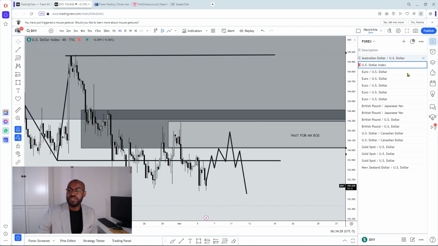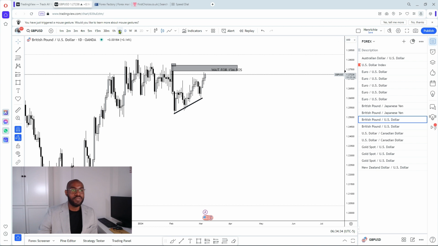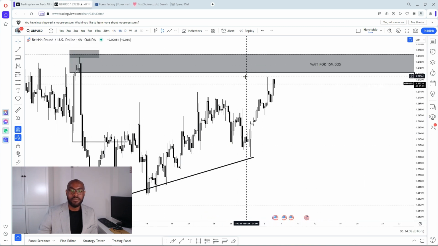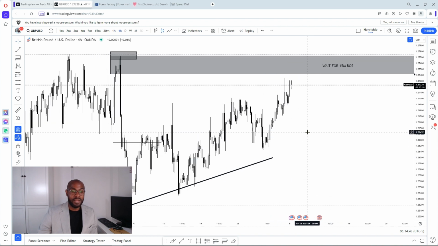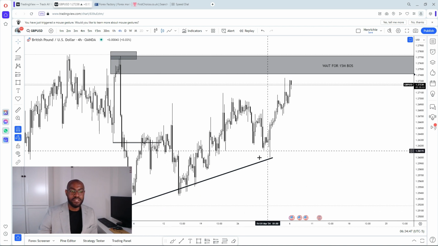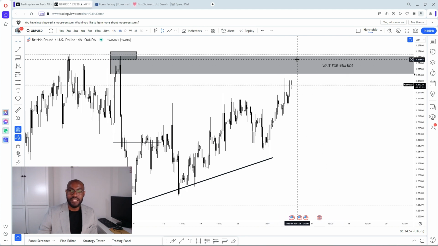The next thing we're going to do now is look at the British pound US dollar as well. I outlined this key level on the British pound US dollar as my extreme levels, and I'm watching this key level to see if price is going to come into it. One thing to take note of is we have this low resistance liquidity resting right here, and we'll also have our extreme key level resting right here as well on GBP US dollar. So basically, we're just going to have to wait this one out